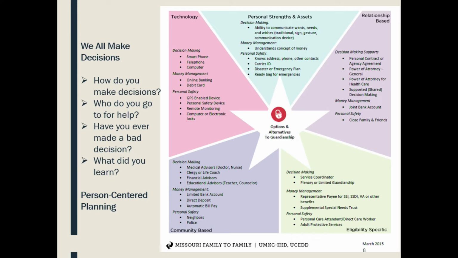So there's lots of tools that are available to all of us to help support decision-making and to manage our lives that aren't necessarily about using legal tools such as guardianship to prevent things from happening, right? So we always want to be looking at what is that person's strengths. Do they like to use technology? Might they check their account every day? Or do they need some other support around financial management, for example? So these are just some ideas for how to go about that conversation and thinking about it in this one domain that might broaden what the conversation looks like.